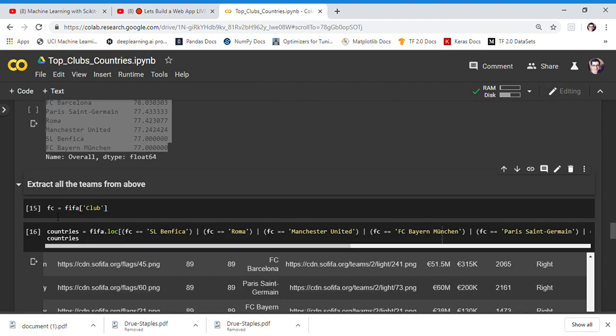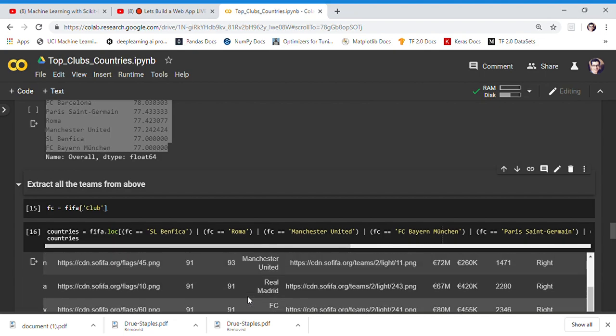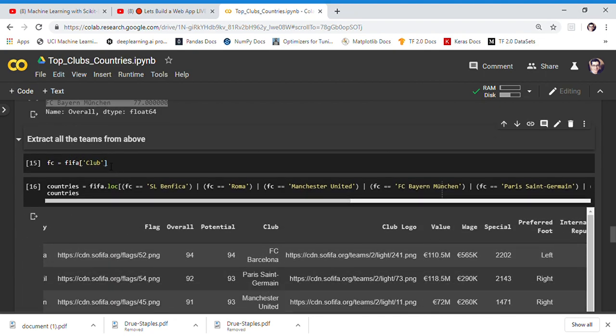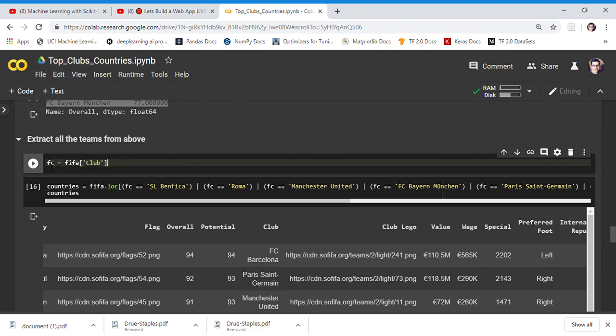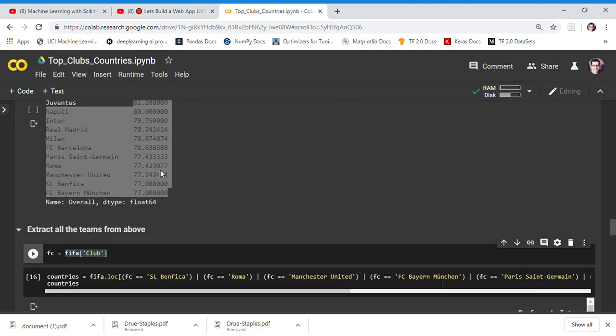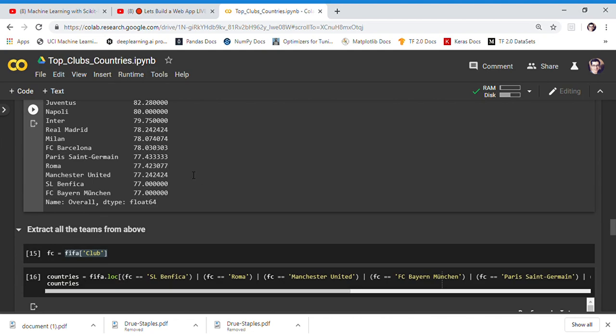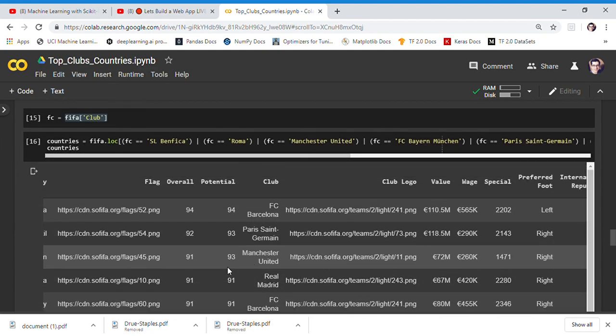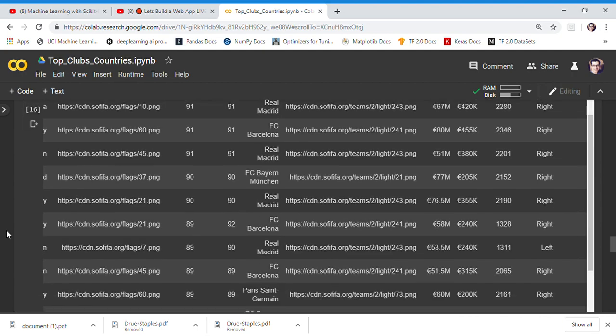And then from there, we're going to take the FIFA data set and we're just going to extract the clubs from there. So we're just taking the clubs and saving that into a variable. We want this clubs column to equal these top teams and only these top teams, because we're going to take all the top teams and save them into their own data set. So each instance here